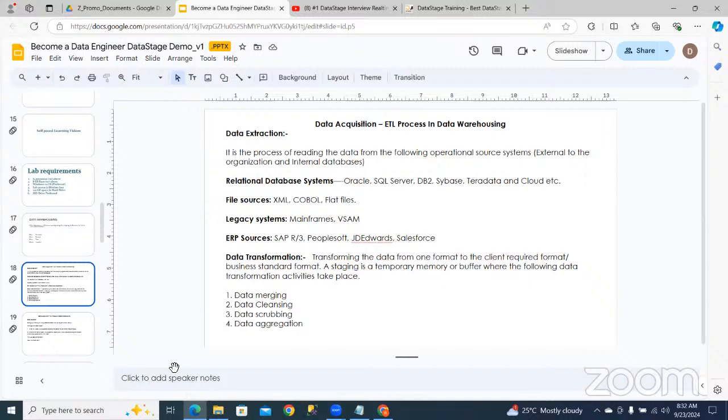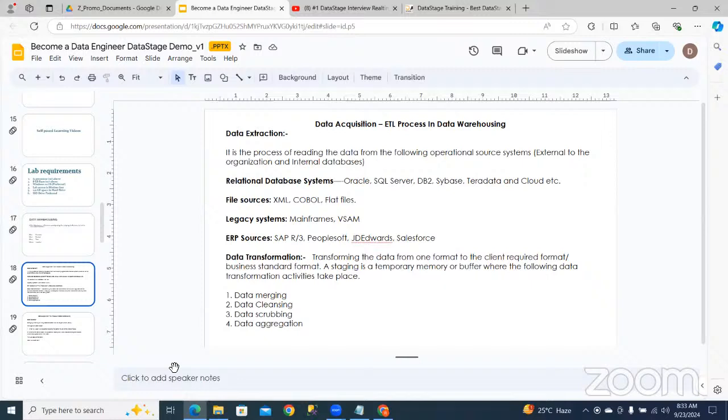File systems are external source systems, like XML, COBOL, flat files, legacy systems. Sometimes we need to get the data from mainframes, and sometimes we need to extract the data from an ERP source system, SAP. Here the source is the main thing, where our OLTP business operations happen. That is the source, data extraction.